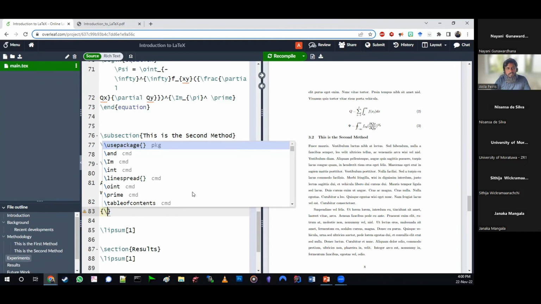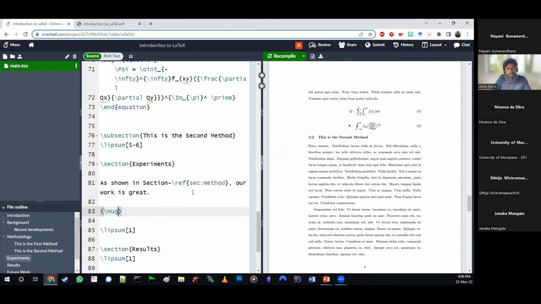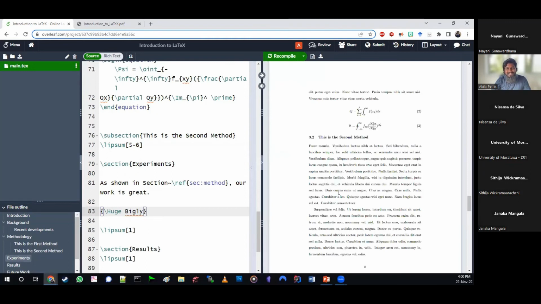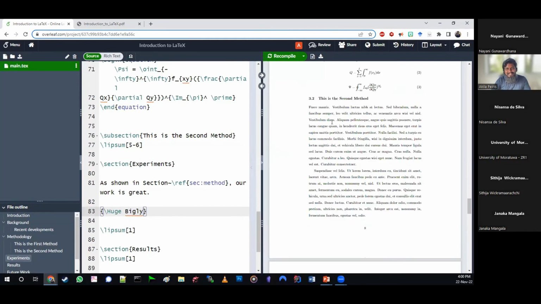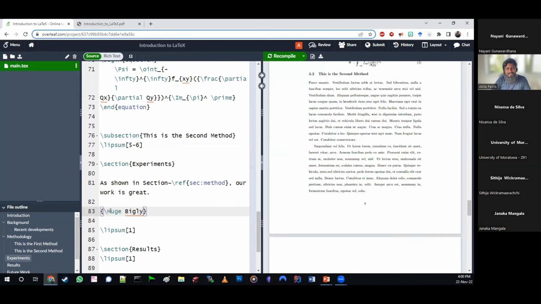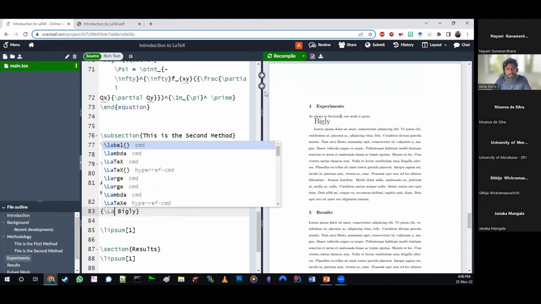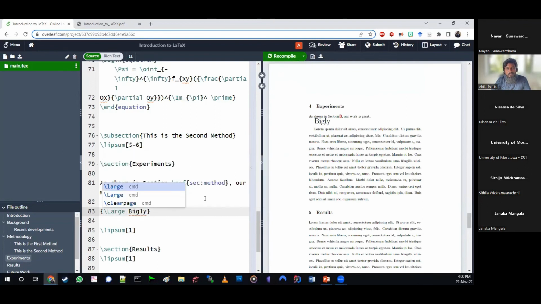Let's say I want to say something in a very big manner, huge letters. I would say bigly. And yes, I know that it is not a word, but apparently it is a word. Now you can see bigly over here in huge letters, and large, and it will get a little smaller.